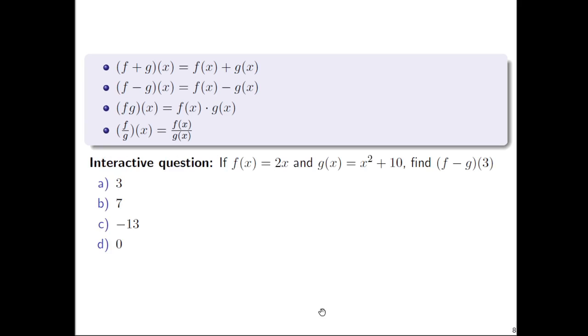Interactive question. If f of x equals 2x and g of x equals x squared plus 10, find f minus g of 3. Is it 3